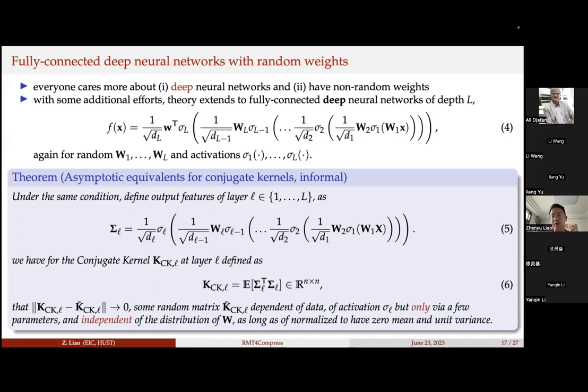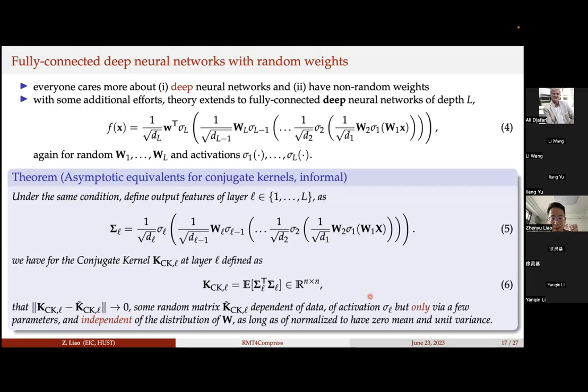But clearly it's going to be much more complicated than the shallow case because it depends on all the activations in previous layers, okay? But we have a way to write them down explicitly. And again, pretty surprisingly, it's independent of all the distributions of the random weights, even in previous layers, okay? It's independent of the distributions of the random weights as long as they are normalized to have zero mean and